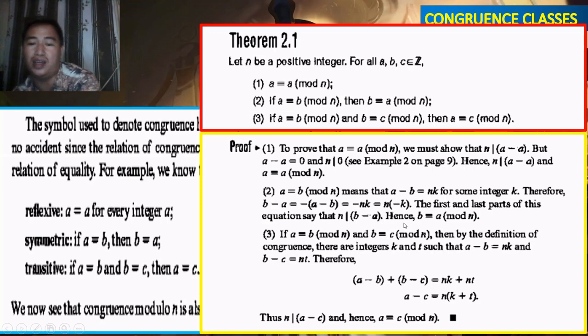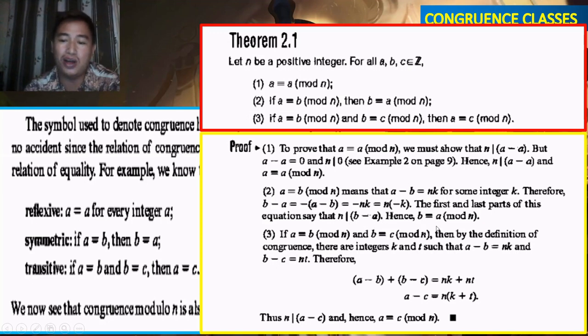Divide ka kang b minus a, hence, b is congruent to a mod n. So, show na nato class ang number 2. Okay, number 3. If A is congruent to B mod N and B is congruent to C mod N, then